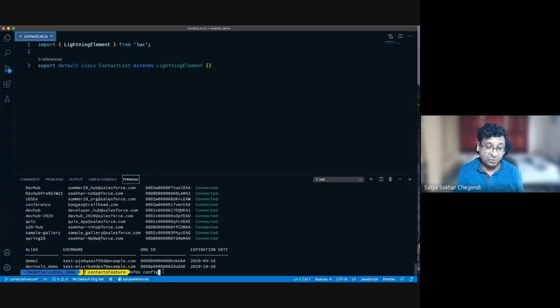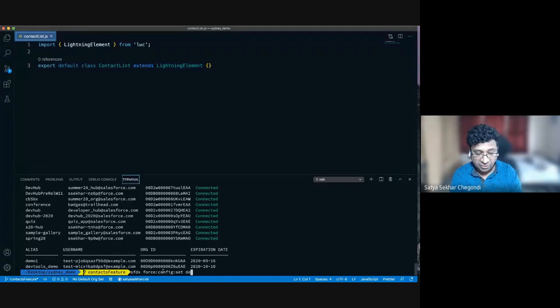So now we are trying to move the commands towards more open source. So we are segregating it into different types of commands. All the configuration commands sit in the config namespace. So when I say SFDX config, it automatically fills with force config for now, because there are few people who don't switch immediately. Those people can still use the old commands. So let me say SFDX force config